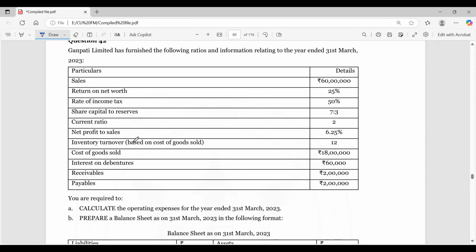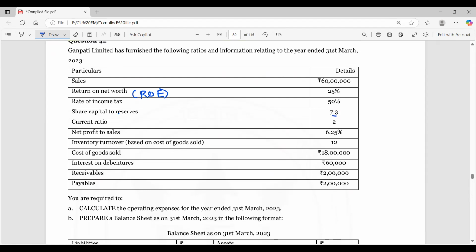Next question. Look at question number 42. Ganapati Limited has furnished the following ratios and information relating to the year ended 31st March 2023. Sales is given. Return on net worth is nothing but return on equity. Income tax rate is 50%. Share capital to reserve is 7:3. By now, you should know how to use this ratio. You have to calculate total equity, out of which 7/10 is equity share capital and 3/10 is